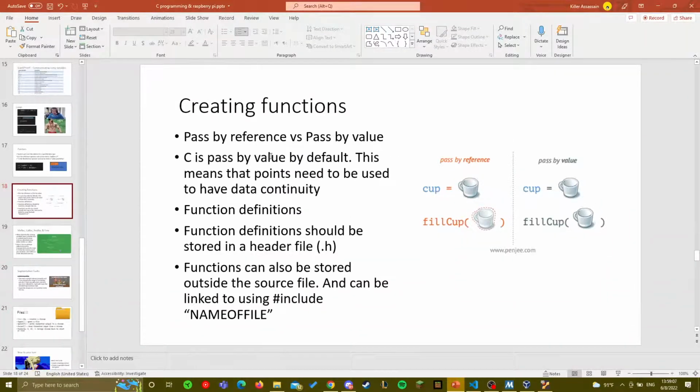That's also with functions, right? So you're maintaining data. Every time you create a function, you have to recognize, do I need to pass by reference or pass by value? This also goes into that idea of scope, right? If you're passing something in and it doesn't need to be changed at the original point, then you need to pass by reference. So for example, I can do here.